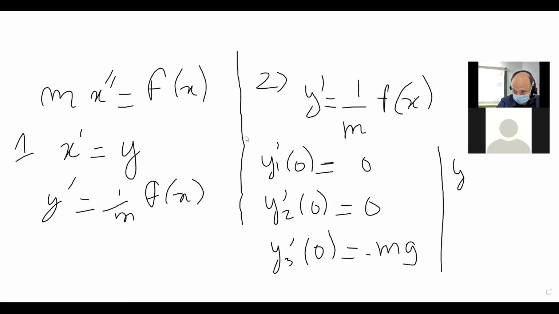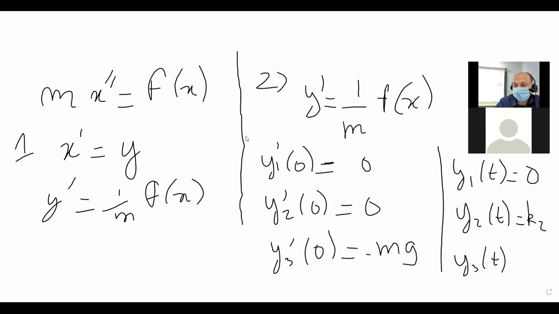This gives me that y1 of t equals 0. y2 of t equals a constant, but y2 of 0 is k2, right? And then y3 of t, by integrating